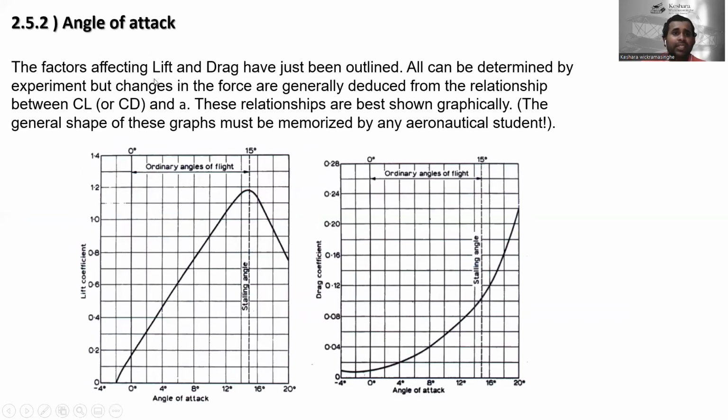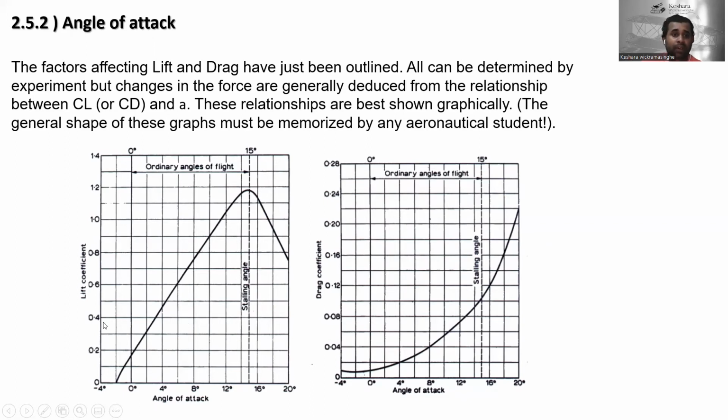The factors affecting lift and drag have just been outlined. All can be determined by experiment, but changes in the force are generally deduced from the relationship between lift coefficient or drag coefficient and angle of attack. And this is not A, this is actually angle of attack. Okay, right? There should be an alpha mark. So these relationships are best shown graphically. The general shape of these graphs must be memorized by aeronautical students. Okay, you can just go through this